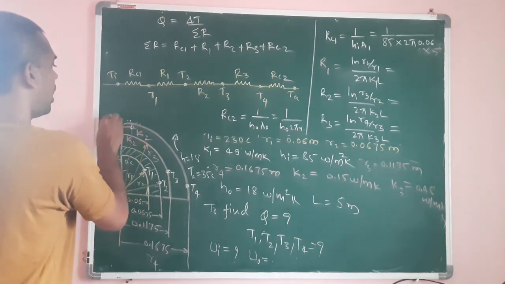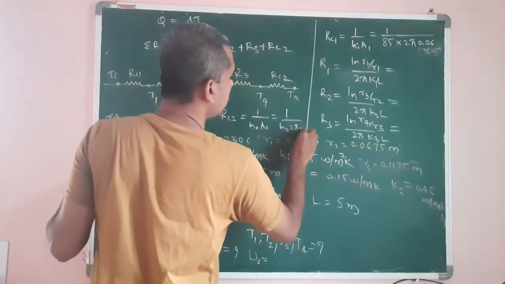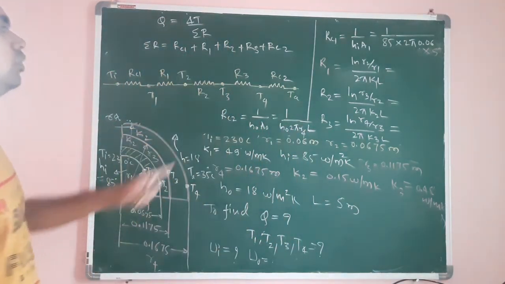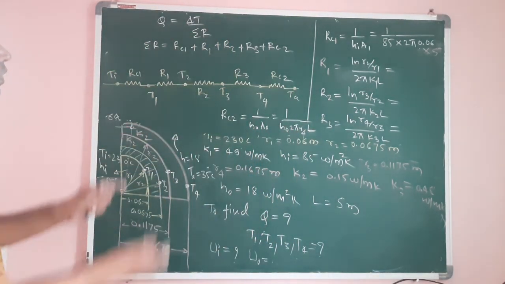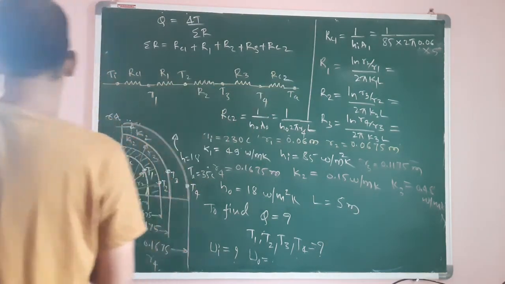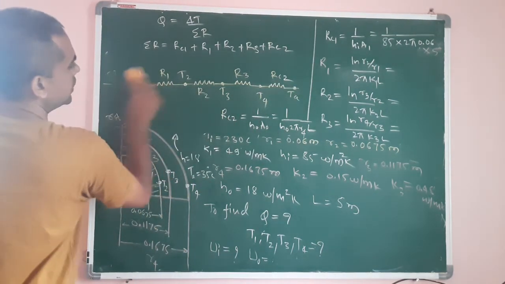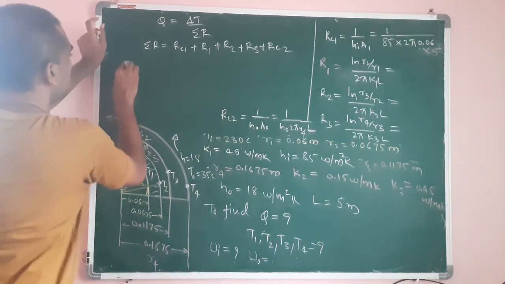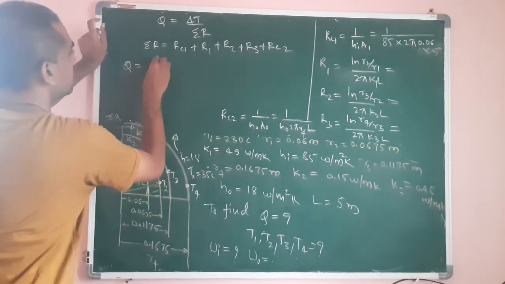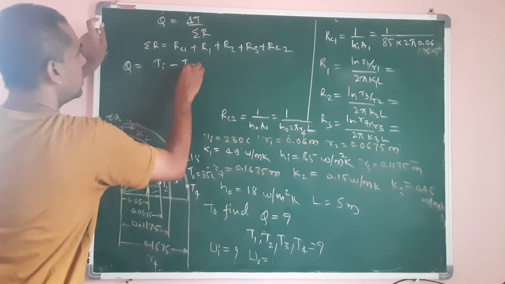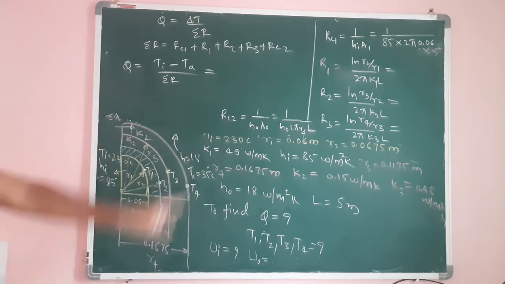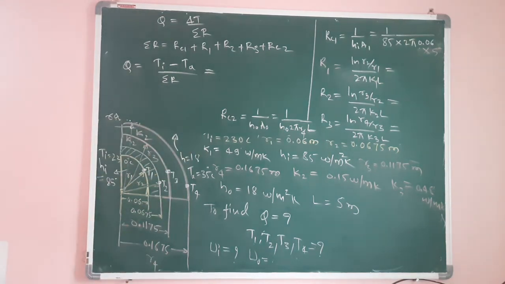This is R4. Okay, R4 into L. You will get this one, RC4. You know 2 pi R4 L, all values you know. If you calculate all this, if you add the summation, and if you substitute here, you get Q is equal to Ti minus T-infinity, divided by summation of R. You know Ti, you know T-infinity, divided by summation of R. If you do, you will get the Q value as